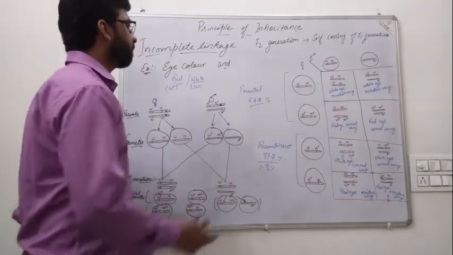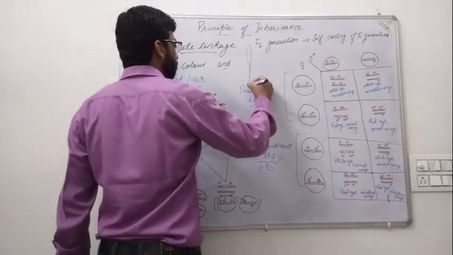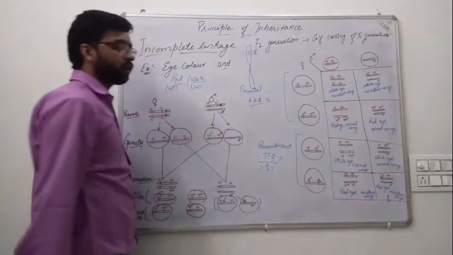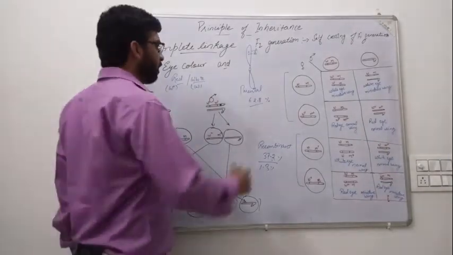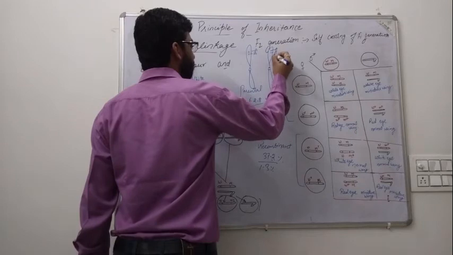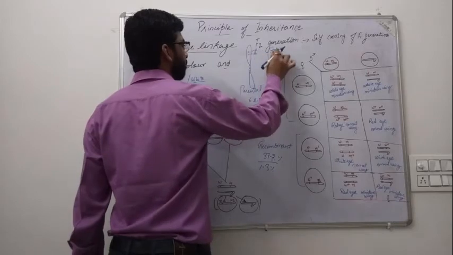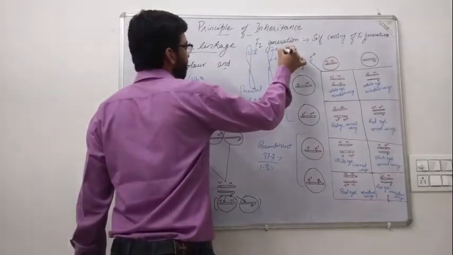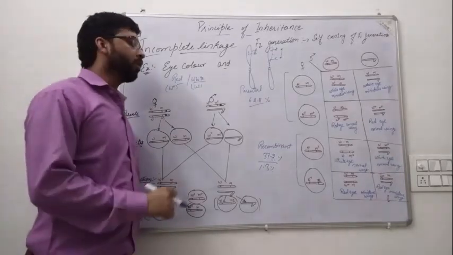The reason is that, as we discussed, gene A and gene B in a complete linkage are closely related, having more linkage, so less recombination here. And in the second case, gene A, gene B and gene C here. Now the distance between gene A and gene C is more, which means more recombination probability here.